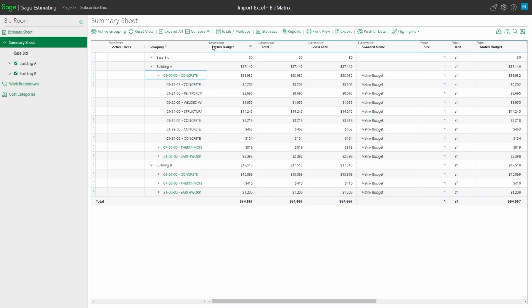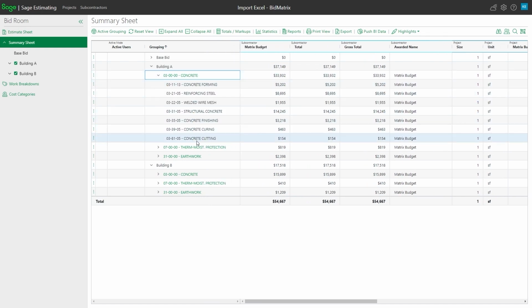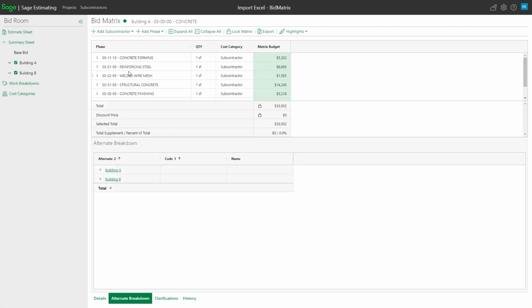If I were to open up the bid metrics within each one of my phases of work, this is where I could go back and actually see my item supplement. So this is where I could see all the different line items that made up that particular cost code or phase. So maybe I've got a heading here for some reinforcing. So reinforcing in my case is only some rebar, versus the top one had a lot more items under it and so forth. So that's basically how you import from an Excel spreadsheet.